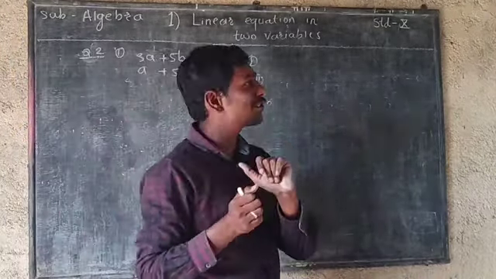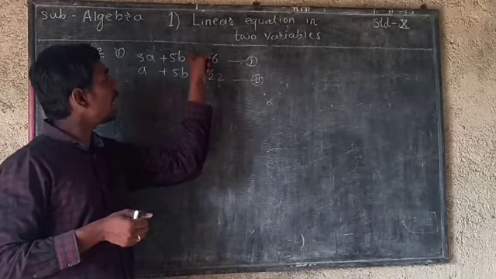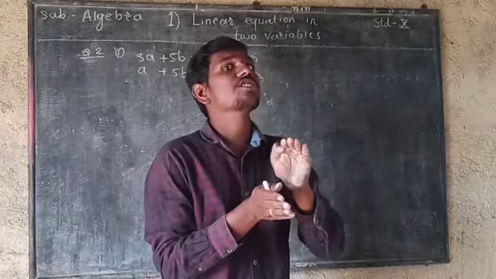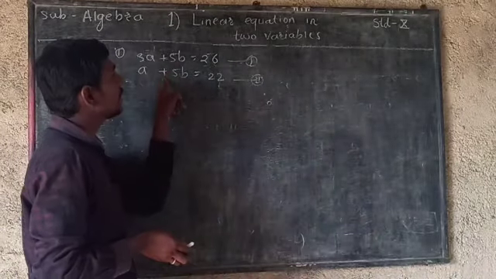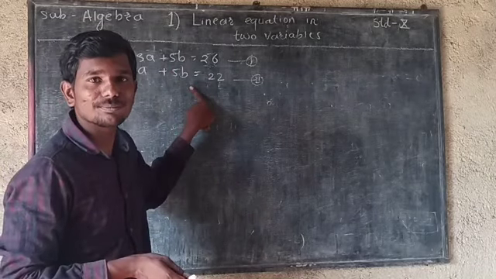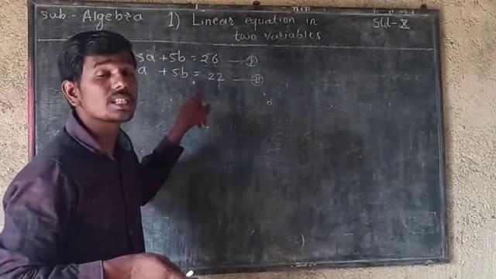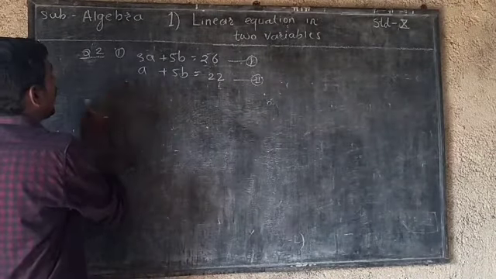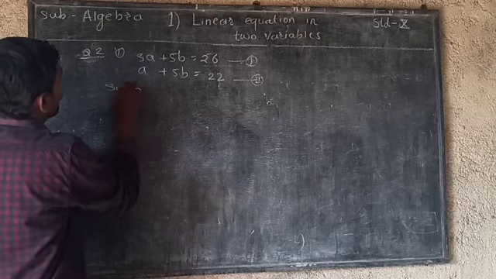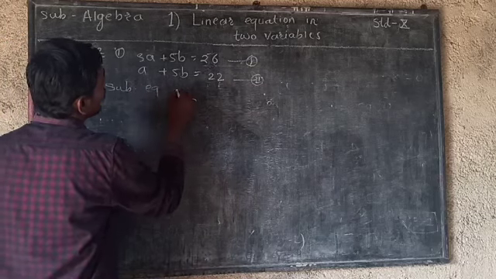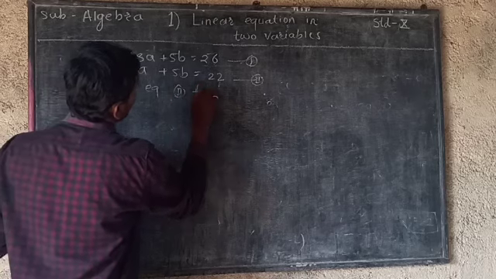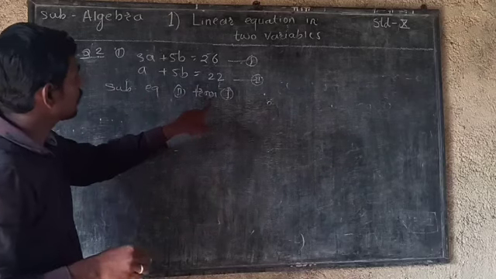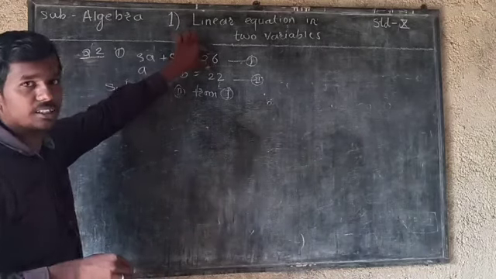In the last question we have seen there was 3y and minus 3y. Okay, actually there was a change in sign, but here the sign is the same and the numbers are also the same. So we have to subtract here. Okay, so the subtraction process is there. So how can you write the statement? Subtract equation second from first. Okay, second from first means we have to subtract this equation from this equation, right?